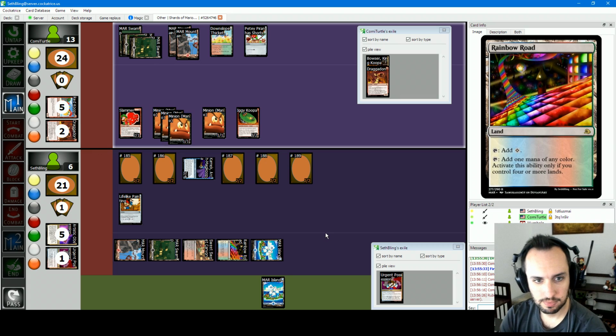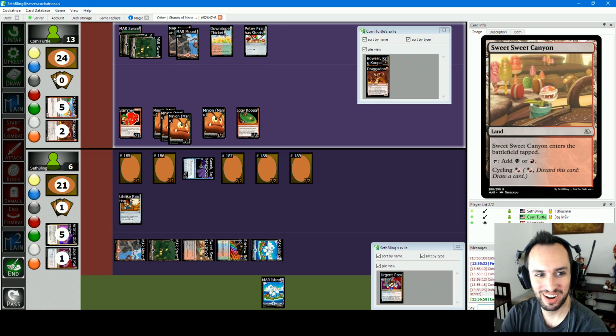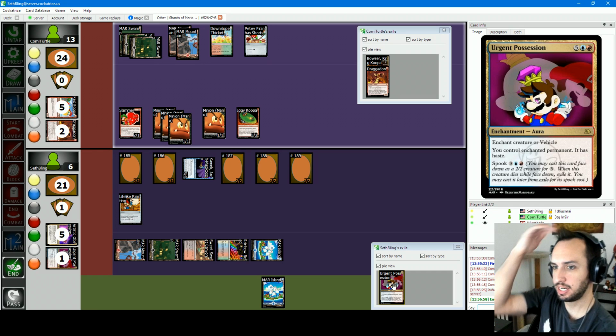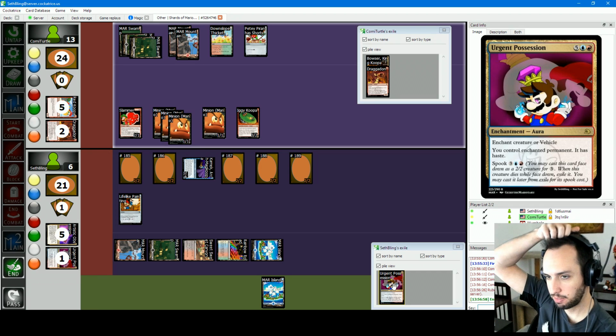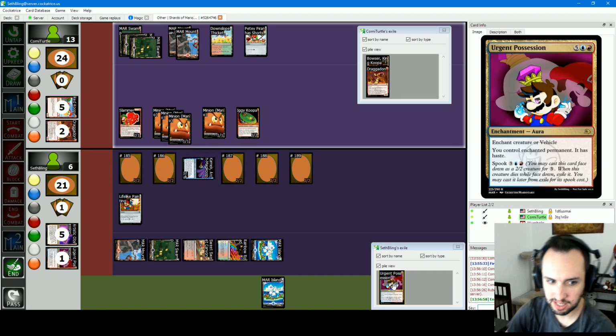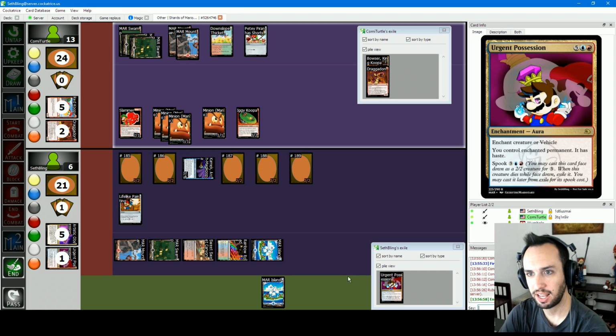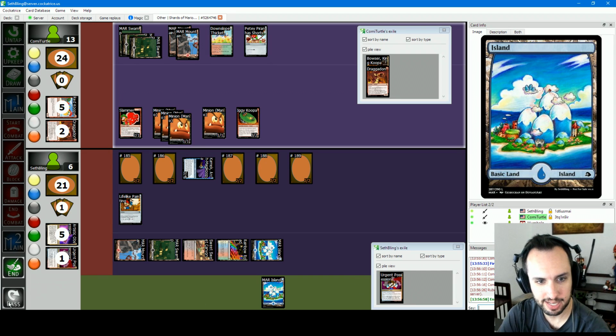Yeah, I believe I will end my turn here. Okay, with no cards in hand and 5 mana up. As a playtesting note, this is something I was kind of afraid of with Urgent Possession. It's a very threatening card that prevents your opponent from playing their good cards, and so it stalls the game out a little bit in a way that feels bad. I'm aware of that with Urgent Possession, and I don't think it's a good aspect of the card, but